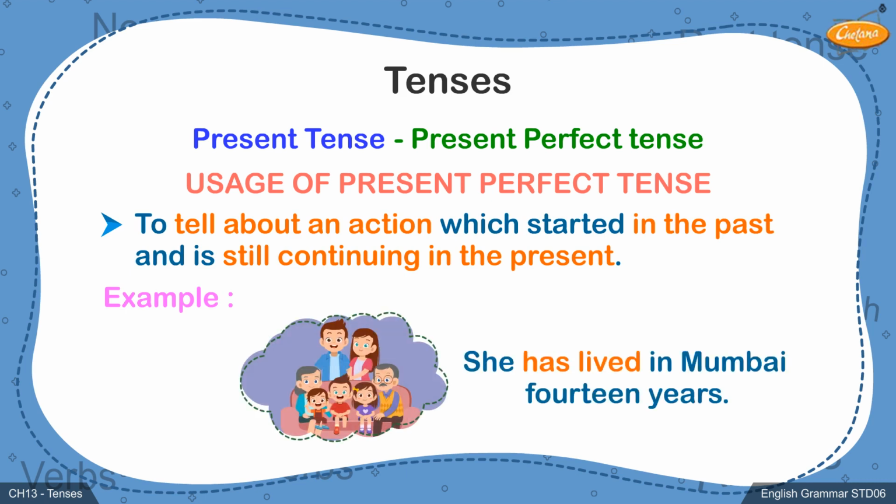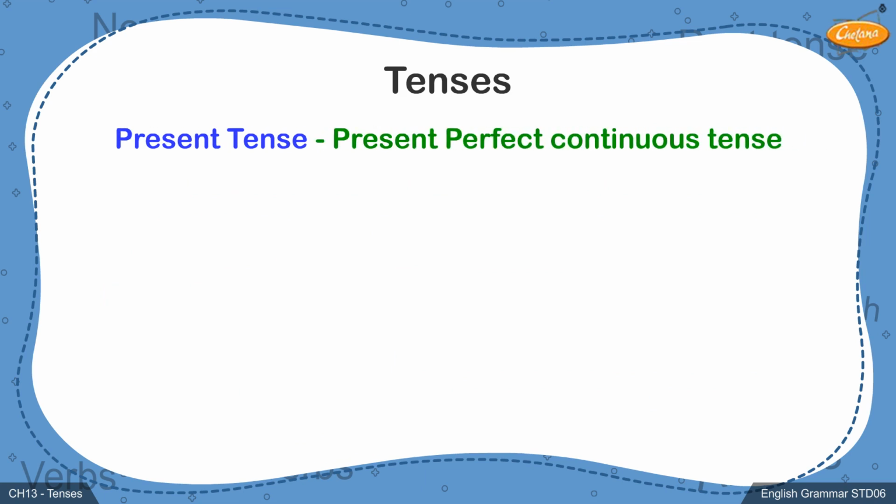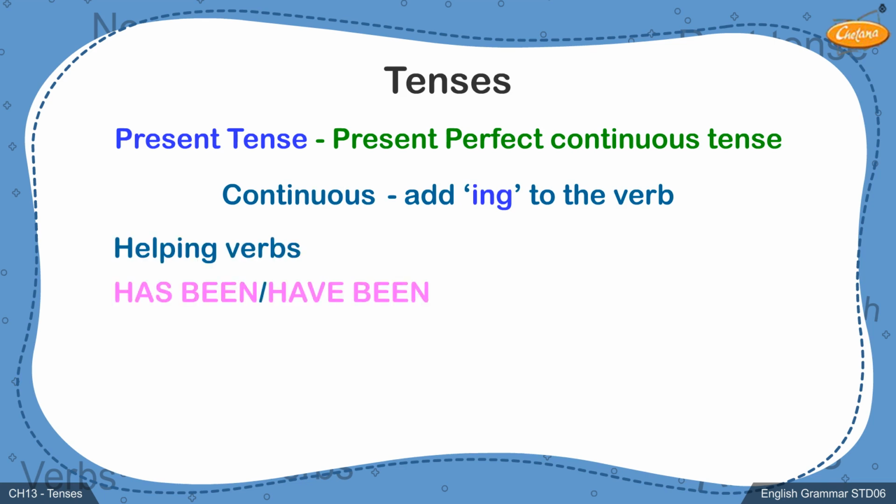Example, she has lived in Mumbai 14 years. The last tense form under present tense is present perfect continuous tense. Since the word continuous has been mentioned, we know we have to add an ing to the main verb. The two helping verbs of has and have used in present perfect will be used along with another helping verb,